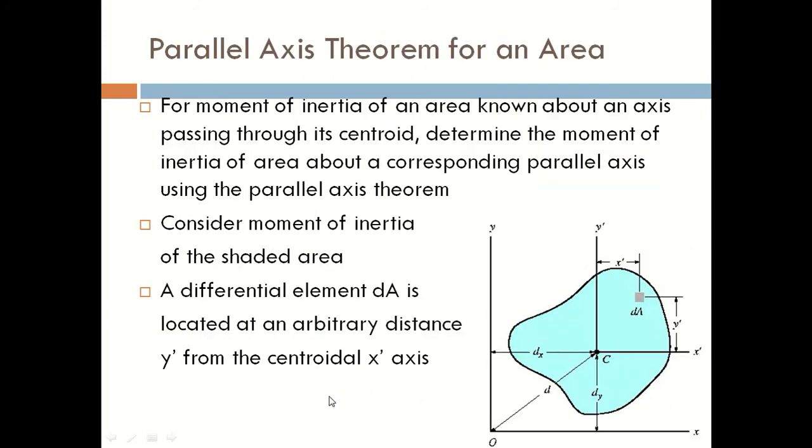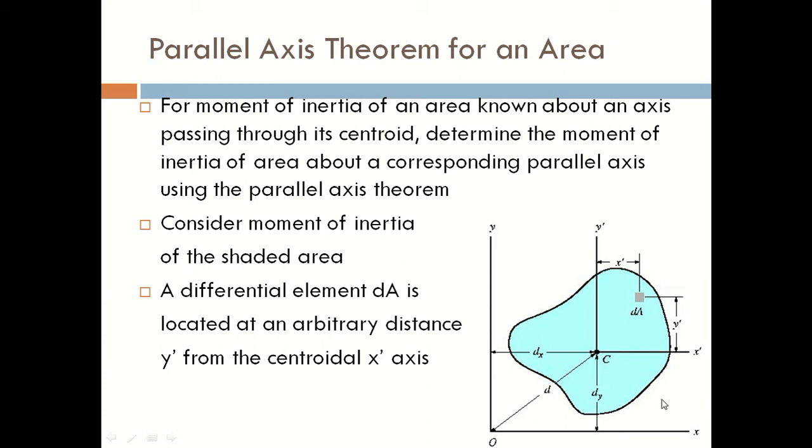Okay. Now next is parallel axis theorem. The moment of inertia of a lamina about any axis in the plane of the lamina equals the sum of the moment of inertia about a parallel centroidal axis in the plane of the lamina and the product of the area of the lamina and the square of distance between the two axes. So this is the parallel axis theorem for the moment of inertia.